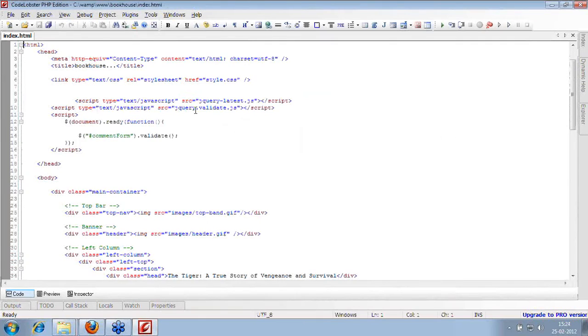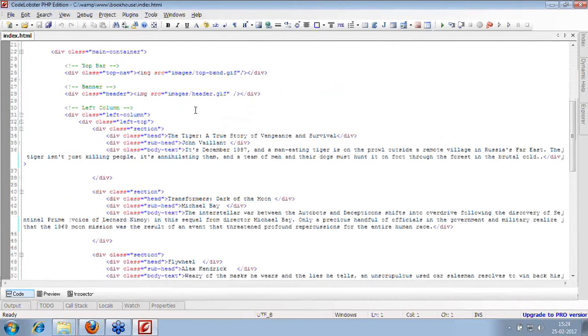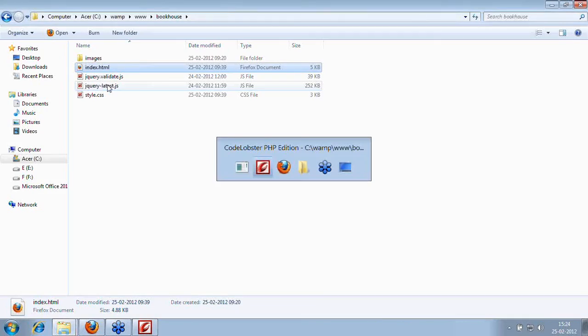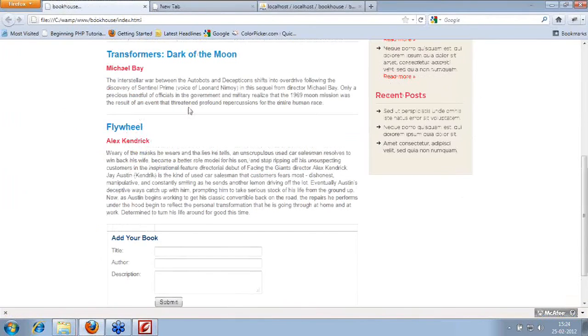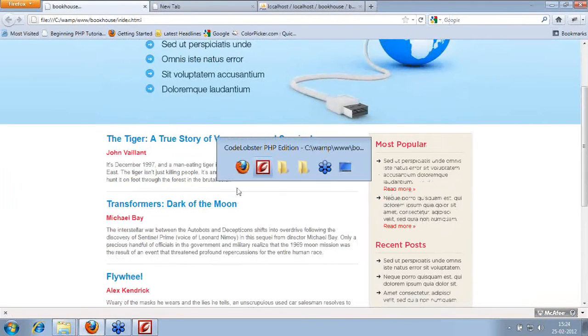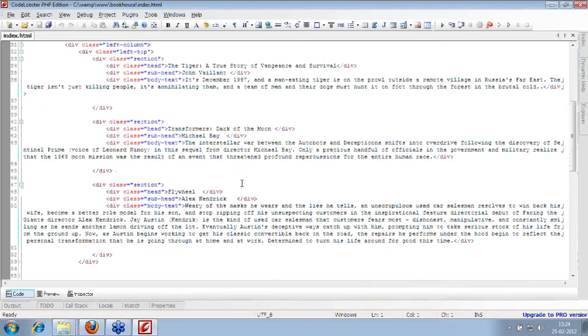This is a plain HTML and JavaScript file, which just has some validation and the static code. You can see all the information out here are static values right now. We'll store this into the database which we have created right now.